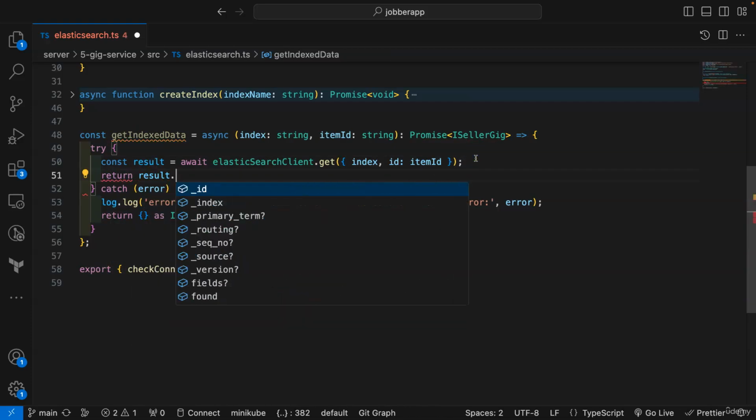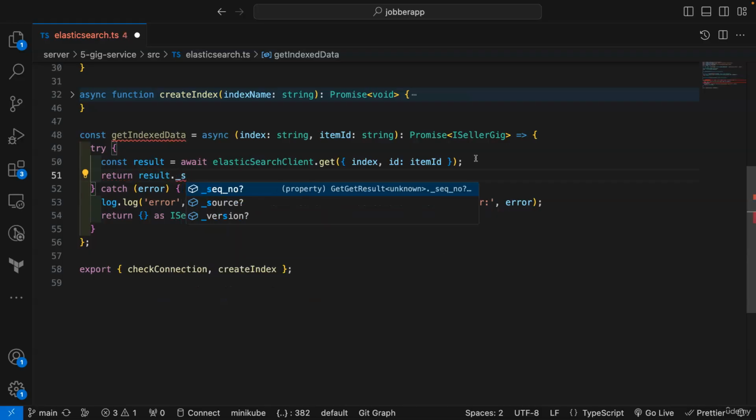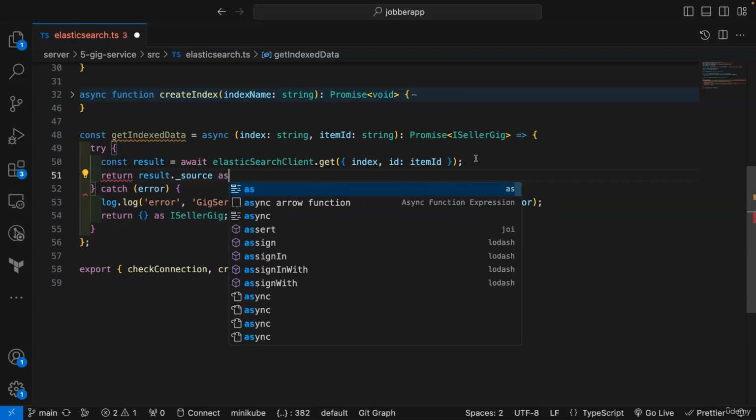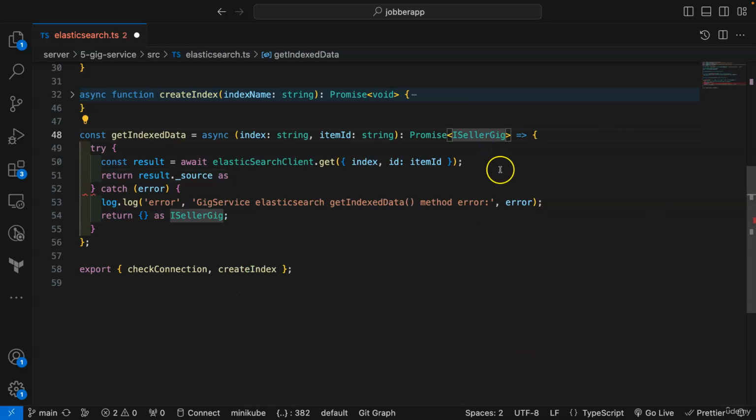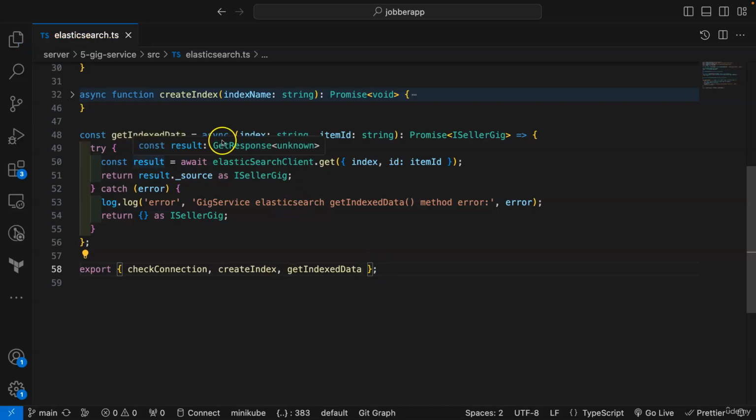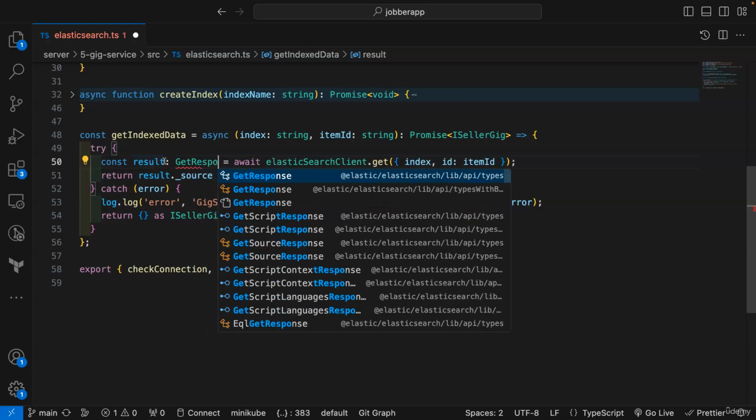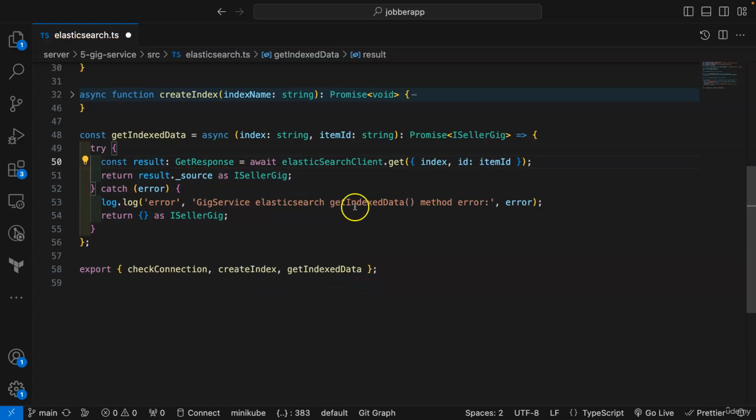Now the data we need, remember, is always in the source, as iSellerGig, okay. And then we can export this. This function returns get response, so you can set the type here to be get response, okay. So this will be the method that will be used to get a